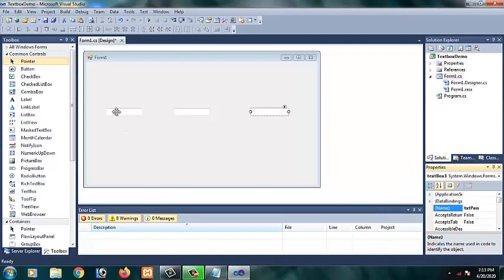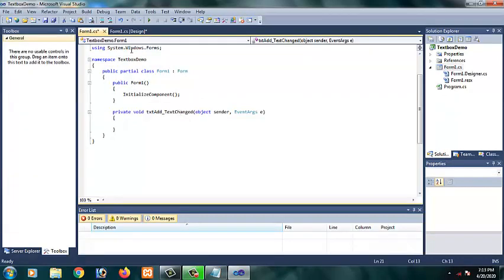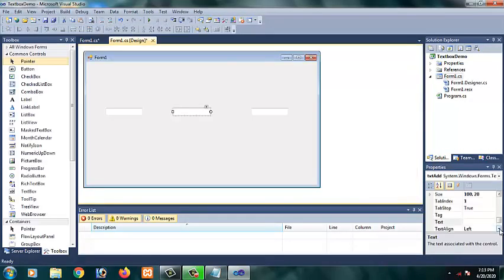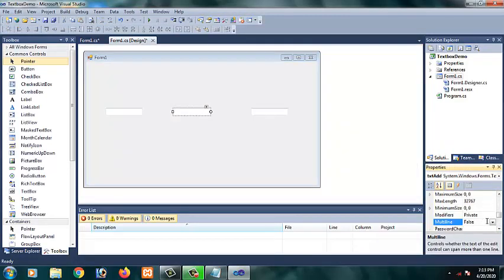Okay, next one, the properties to be changed. First one is single line input. So you have to change the property called MultiLine. Actually, by default, it is false only. So you can accept as it is, because when you are giving it as false, you can receive only single line input. Second text box is going to hold address. So we have to change the property value to be true. So previously it is false for single line. It is true for multi-line. You can see the changes in the form. So you can enlarge the size.